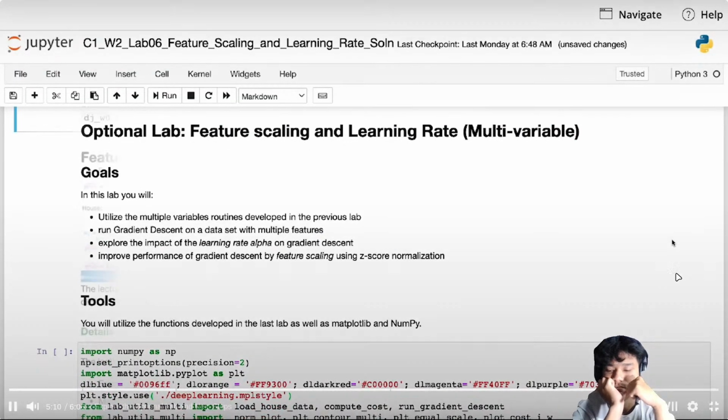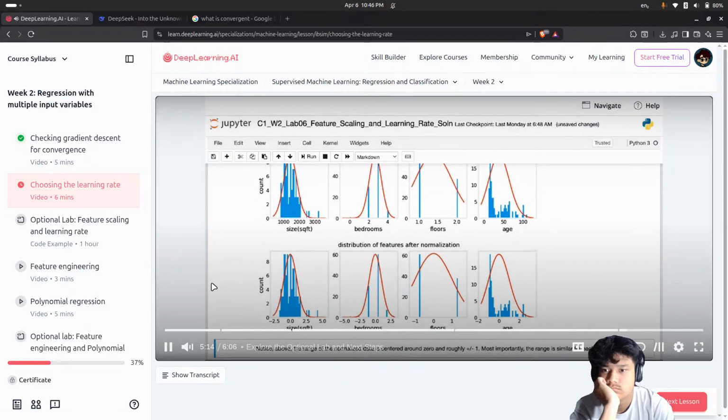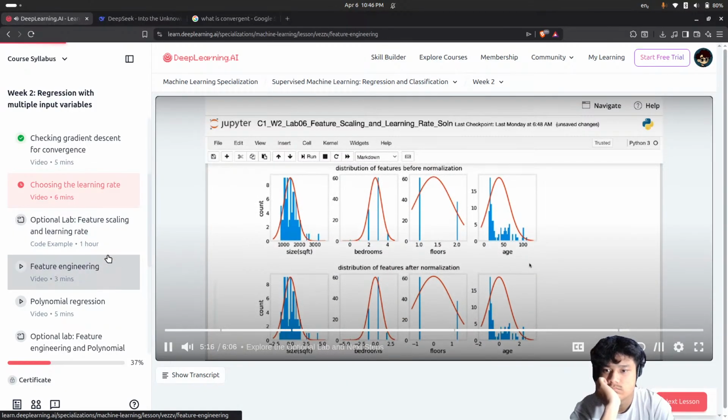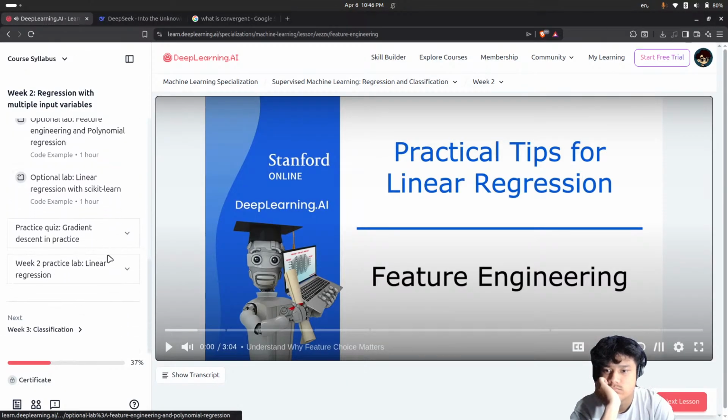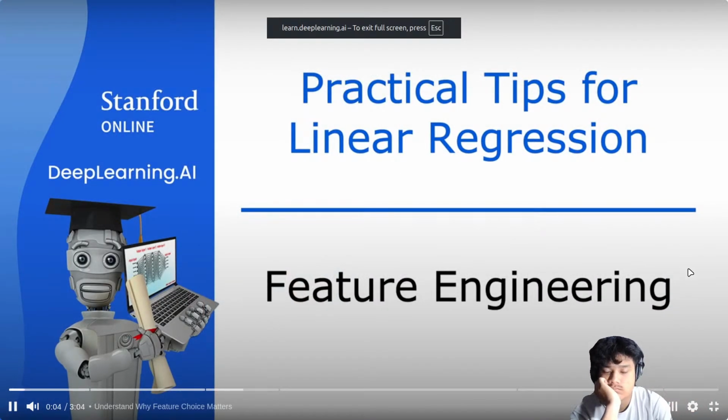In the upcoming optional lab, you can also take a look at how feature scaling is done in code and also see how the choice of features can have a huge impact on your learning algorithm's performance. In fact, for many practical applications, choosing or engineering the right features is a critical step to making the algorithm work well. In this video, let's take a look at how you can choose or engineer the most appropriate features